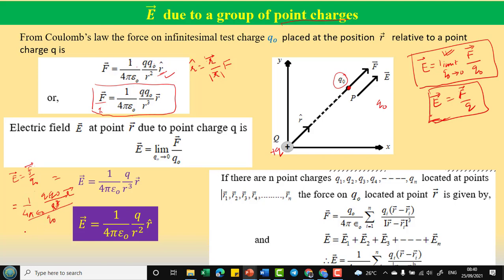Okay? So when we solve this, this will be 1 over 4 pi epsilon naught, q naught over r cube, and this q naught is in the denominator of that, right? So what will happen, this q naught can cancel with this one. Okay, so let us cancel that. This one will cancel. Now what is left, q over r cube and this position vector r.